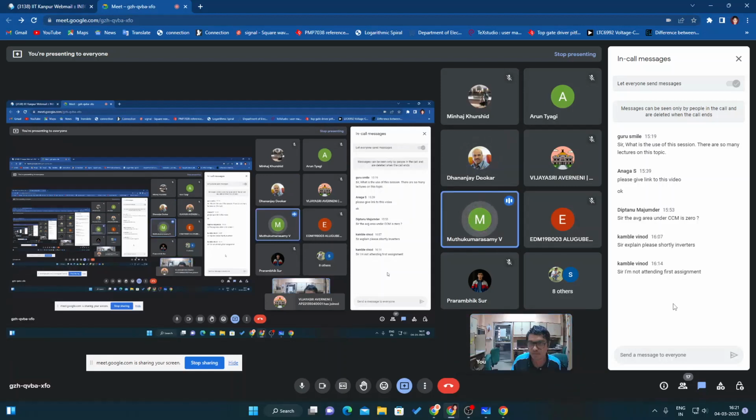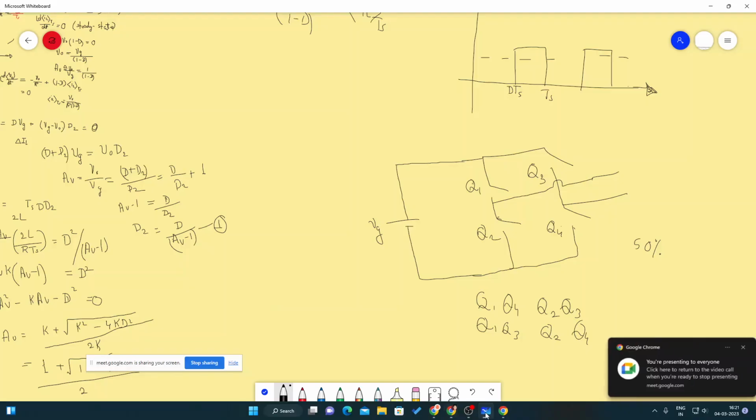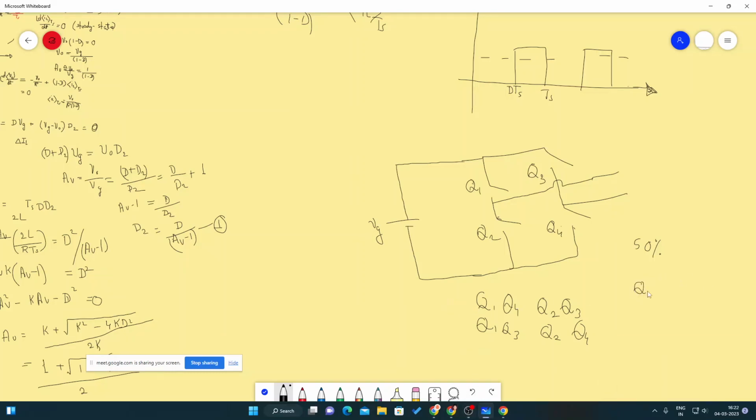The bipolar PWM. Yeah, bipolar PWM. We have derived that average output voltage. In bipolar PWM, you have a constraint that you have two switching pairs. One is Q1, Q4, the other is Q2, Q3. The other two switchings are not allowed. So then what you will obtain is basically